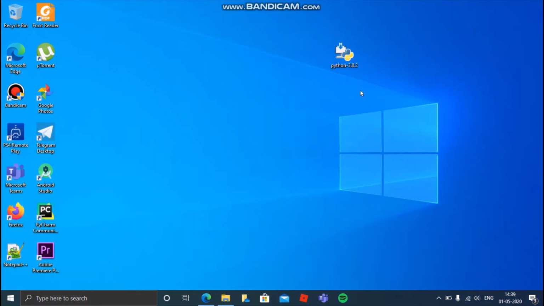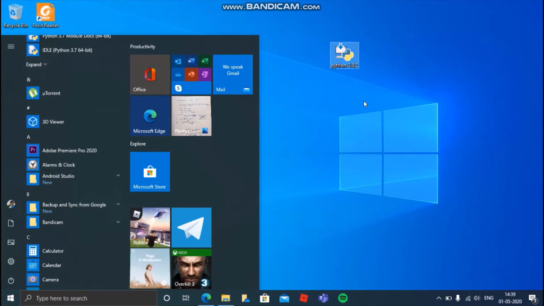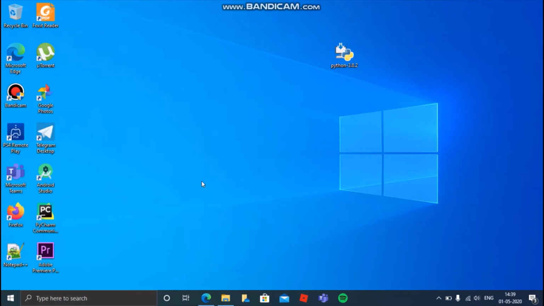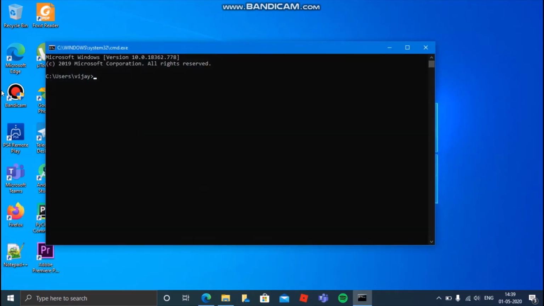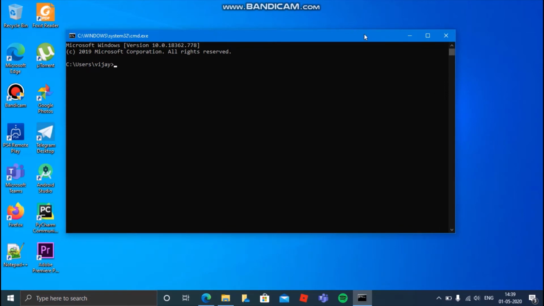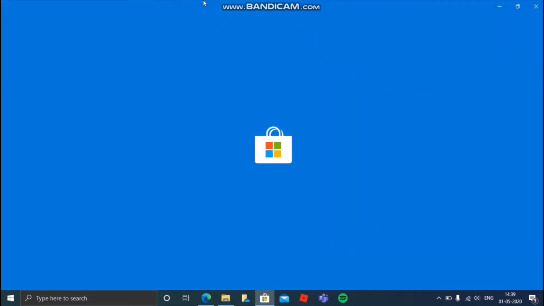So I have cancelled the download because I already have it on my desktop. And if you need the command prompt of the Python version, like let me show you, like the CMD which is there on Windows 10. If you want it like this, you can download it in the Microsoft Store for free. And this is another